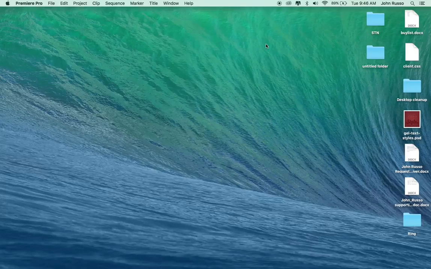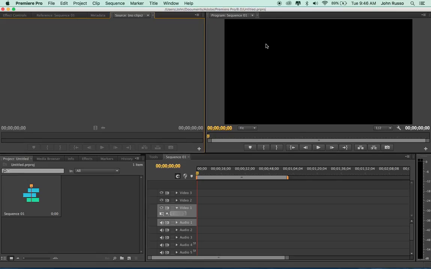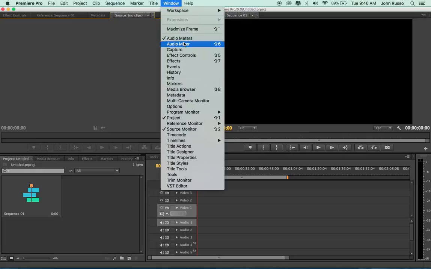Now, when Premiere opens up, I am on a Mac and I have CS6. The grant equipment is Windows and it's the Creative Cloud, so it's going to be a little different. It may look a little different, but the bottom line is it's all pretty much the same thing. If it doesn't look like this, or if you're wondering where some of these window panes are, like the project, sequence, etc., they can all be enabled up here under the Windows menu. So just check whichever ones you need to see, like the project and the source monitor, and you shouldn't have